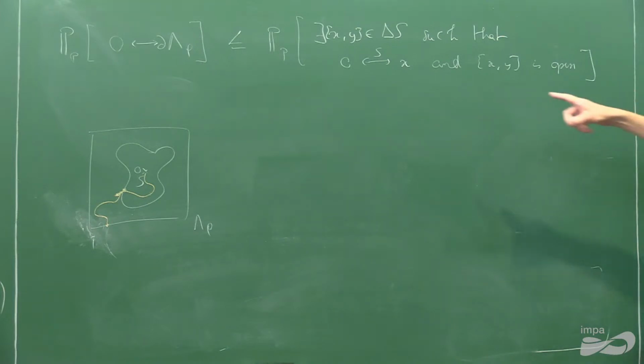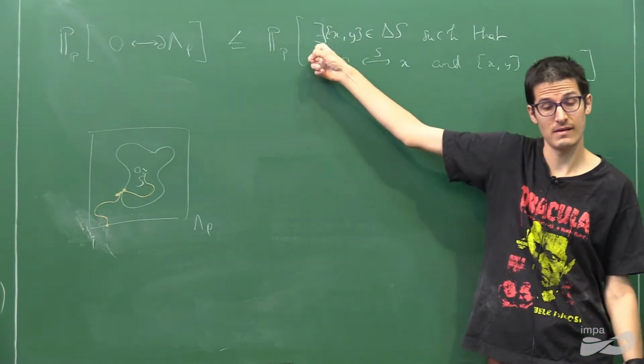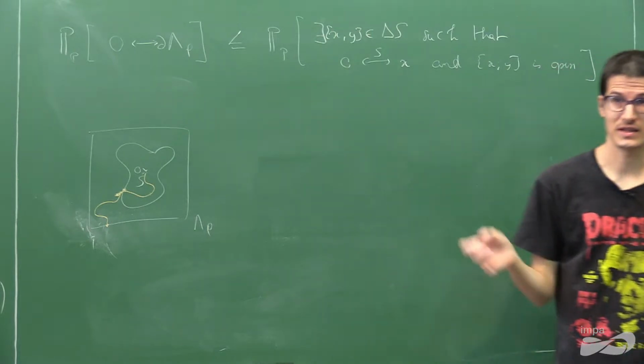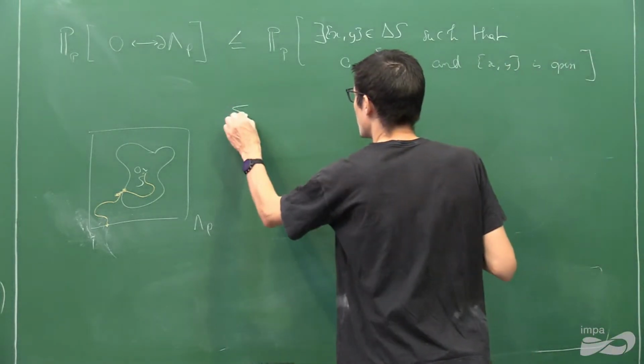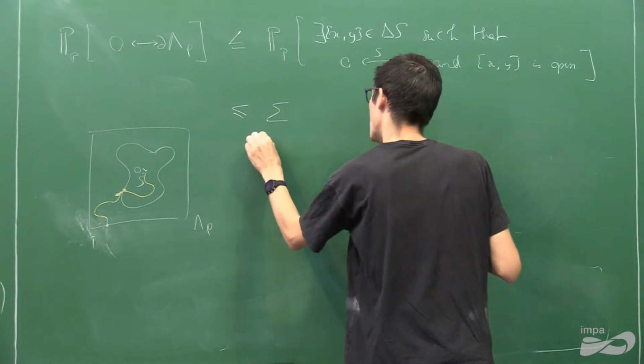Now as soon as I have this quantifier, this means that I have a union of events. And if I have a union of events, I can bound the probability by the sum. So this is smaller than the sum over xy